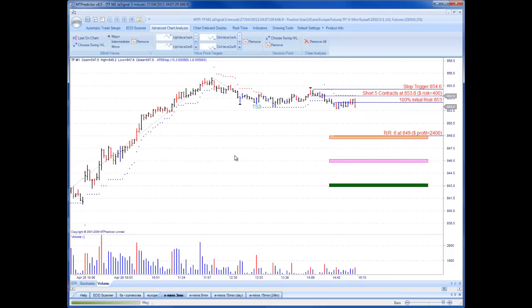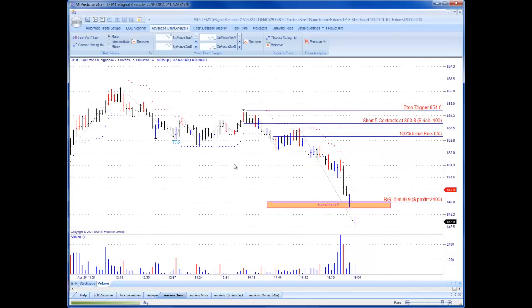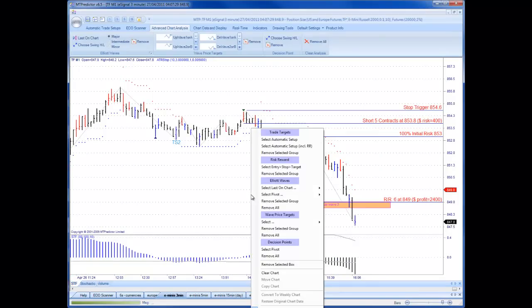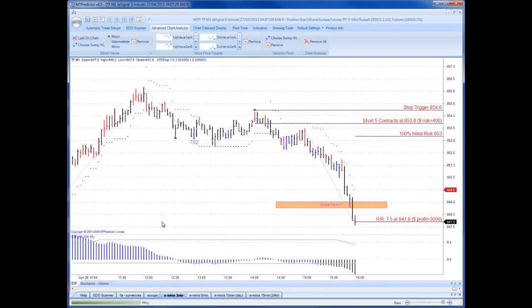So if we zoom out and see what happened at the end of the day, you can see that indeed the market went down beautifully to reach that level. The STF was definitely strong at that level, therefore we could have ridden it right into the close. Down here, as we've already seen, a lovely plus 7.5R. And that was a great indication of how you can analyze and look for the Holy Grail setup, where the